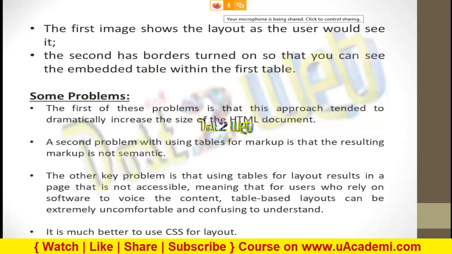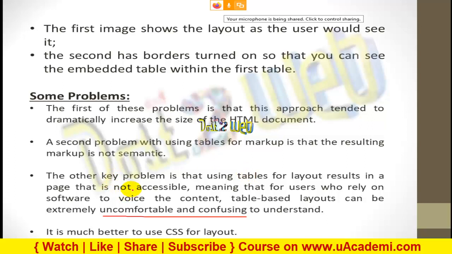Why is it confusing and uncomfortable? Because when you have a table, and again in the table you add another table, and inside that you add another table, obviously the confusion will be there. You will not be comfortable using many table layouts. That is the challenge and the problems we have.